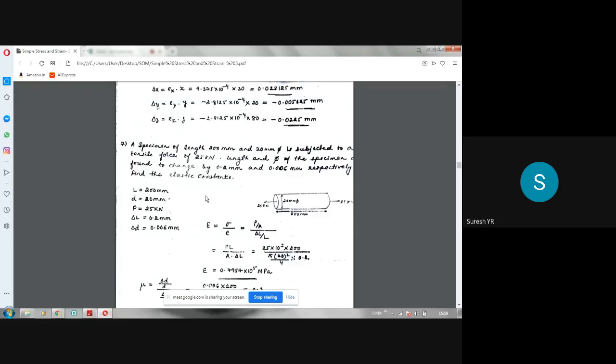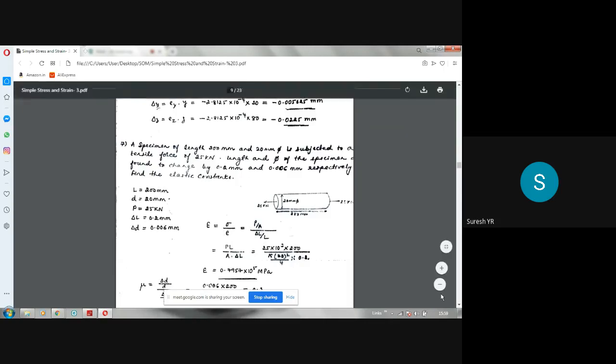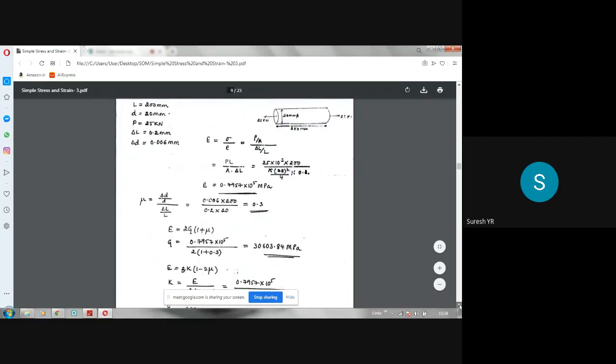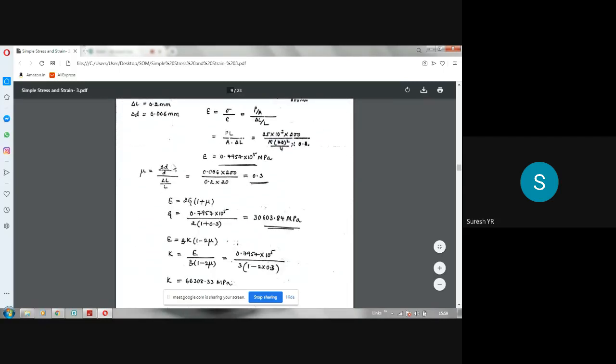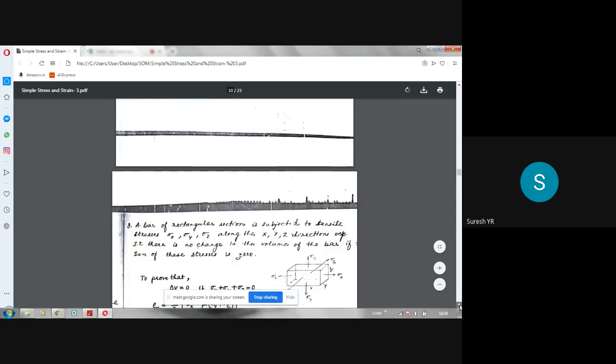So first we have to get the value of Young's modulus by calculating stress and strain. Stress is force divided by area. Strain is delta L by L. So we can calculate E value first. Then mu value, Poisson's ratio, is the ratio of lateral strain to linear strain. Lateral strain is delta D by D. Linear strain is delta L by L. Okay. So if you substitute, you will get mu value. Then using the formula of relationship between the elastic constants, you can find out the other two elastic constants G and K. So this type of problem, the first problem, resembles this seventh problem. So data is different, that's all. So you can go through that. Next,